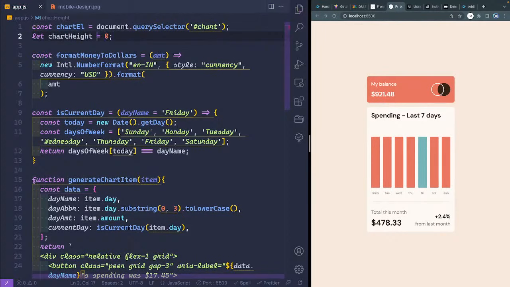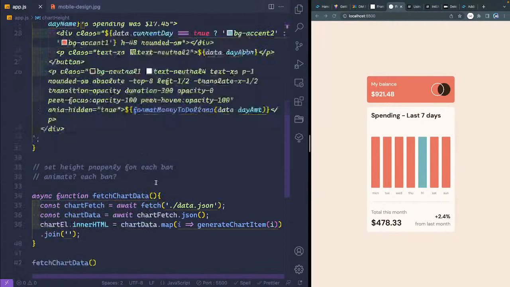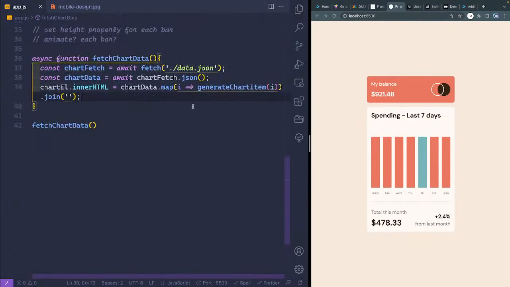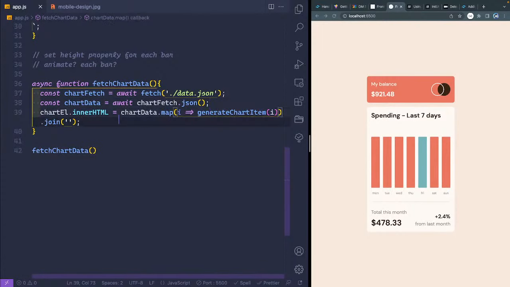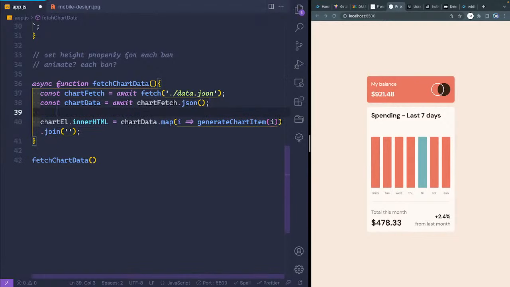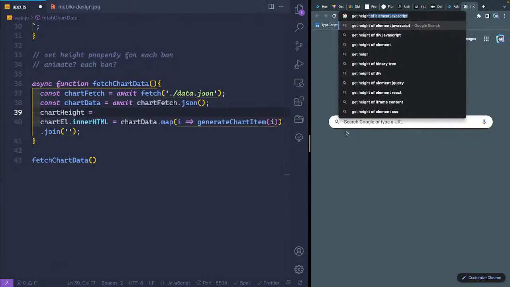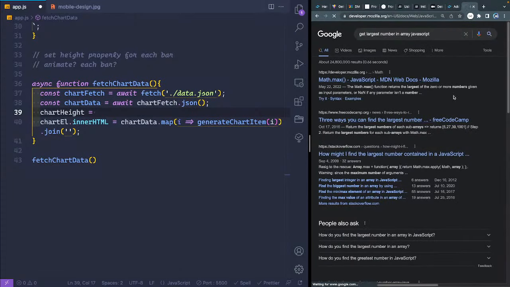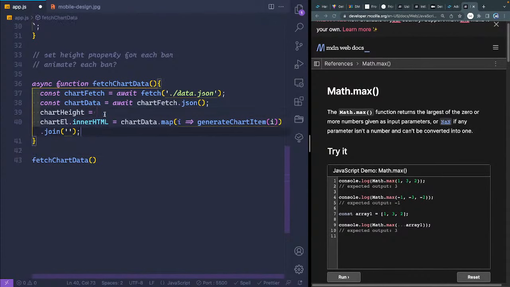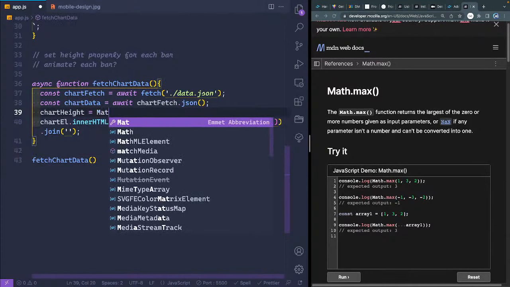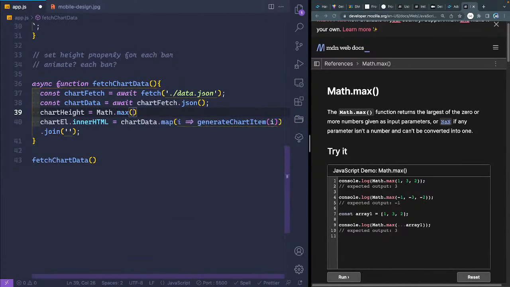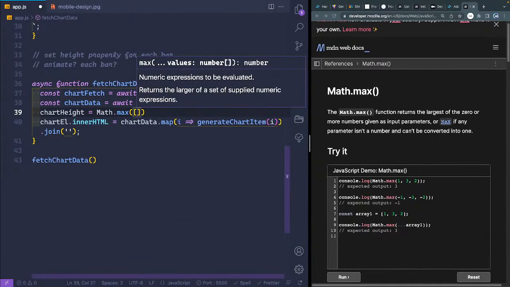And what I want to do is come down here in my fetch. After we do that stuff, or I guess it'd be before the inner HTML. I want to set my chart height equal to get highest, get largest number in array. Max, right? Yeah, okay, so just math.max. We'll do math.max. And what I want in here is an array of